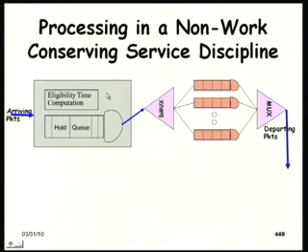So, in a non-work conserving discipline, the arriving packets are queued, and then there is an eligibility time computation, and based on that they are sent to a demultiplexer, where they are transmitted on different queues based on their service reservation, and from there they are transmitted on the same link. So, the different connections are queued here and transmitted over here.